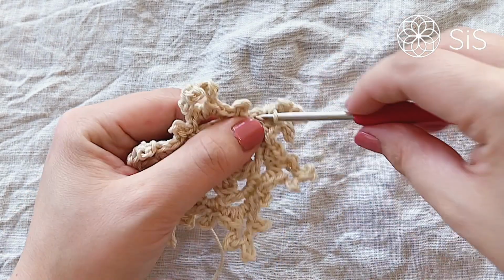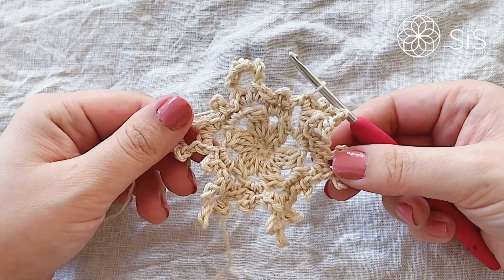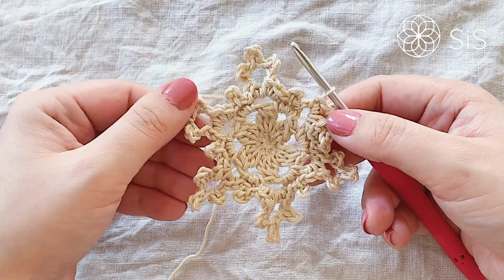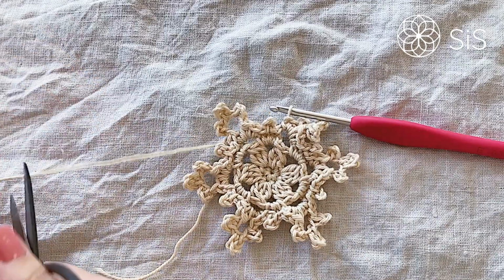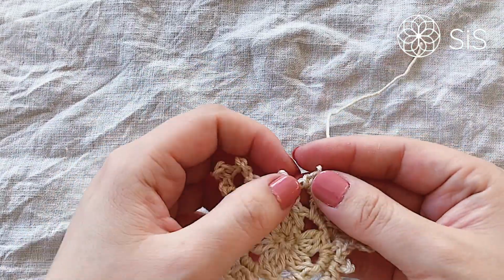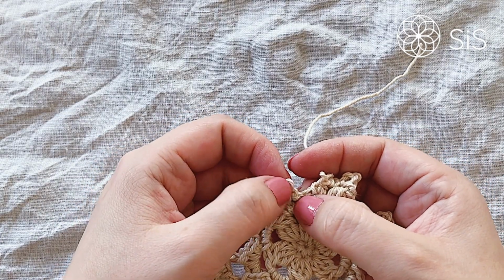Okay, so I have almost finished. I have one more single crochet to make, like that, and then I'm all the way around. So we should have 6 of these little peaks and 6 of these small little middle sections, and then we're done. So just cut off the yarn and close with an invisible join to the second stitch, which would be the slip stitch that holds the picot,